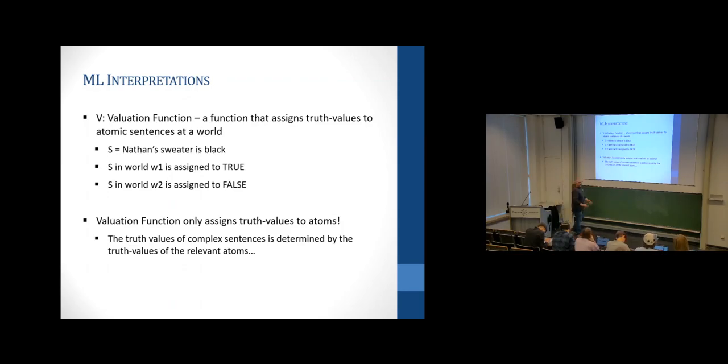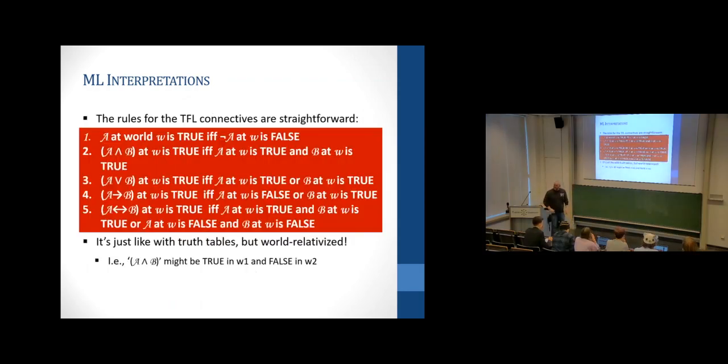Of course, if it only gives you the truth value of atoms, how are we going to do the complex sentences? Because remember, ML is also built up using the connectives. So how are the connectives going to work? Well, just like they did with TFL. Right? Exactly like with TFL. So this is kind of hideous looking, but all this is telling you is that the connectives work just like they did. Right? So for our first one, a negation of a sentence is true if and only if